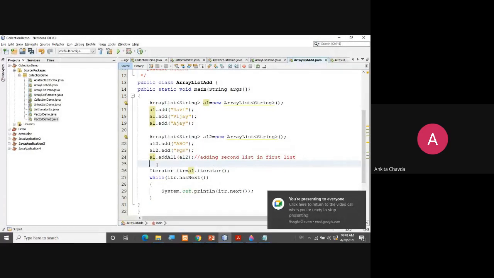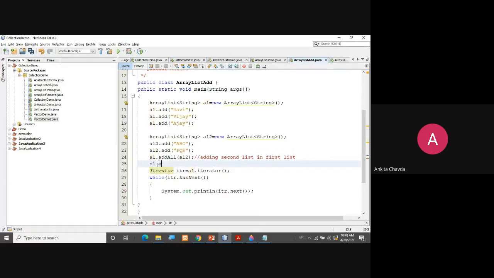Do you remember s1.equals and you were writing s2? So we check s1.equals(s2), and in the same way compareTo. So in the same way you will just change the sequence. Here you will write al2.addAll, and here you will write al, fine.